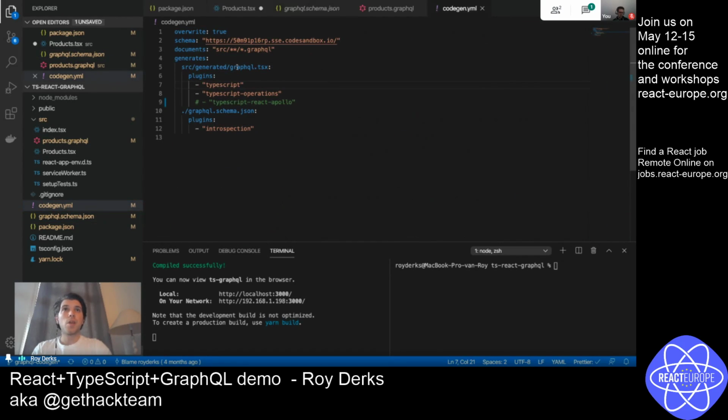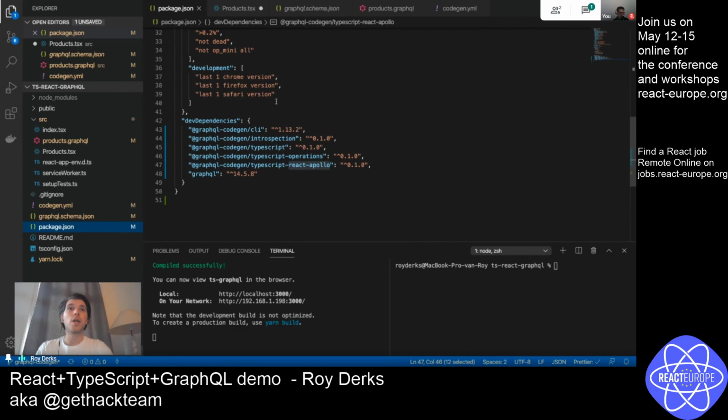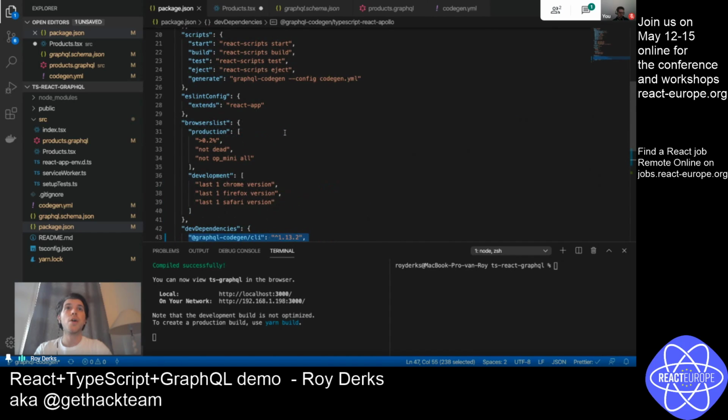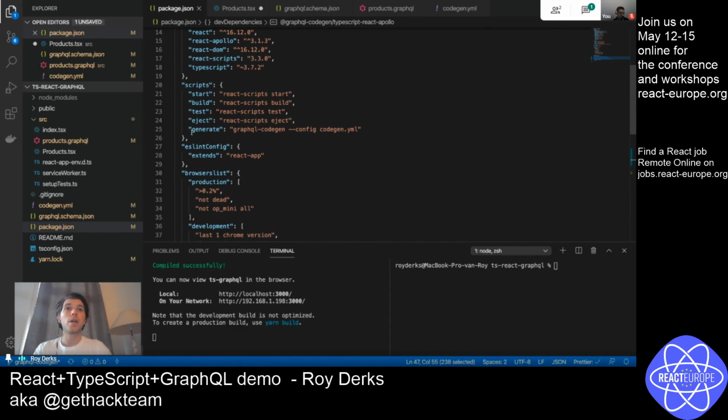So if we're using this YAML file, GraphQL code generator will automatically know that you want to use these configurations to generate TypeScript out of your schema. So let's get back to our package.json file. You see we've added all these packages to our dev dependencies, and then I've added a new script. So when I run npm run generate, or maybe yarn generate, I want to run GraphQL code generator with